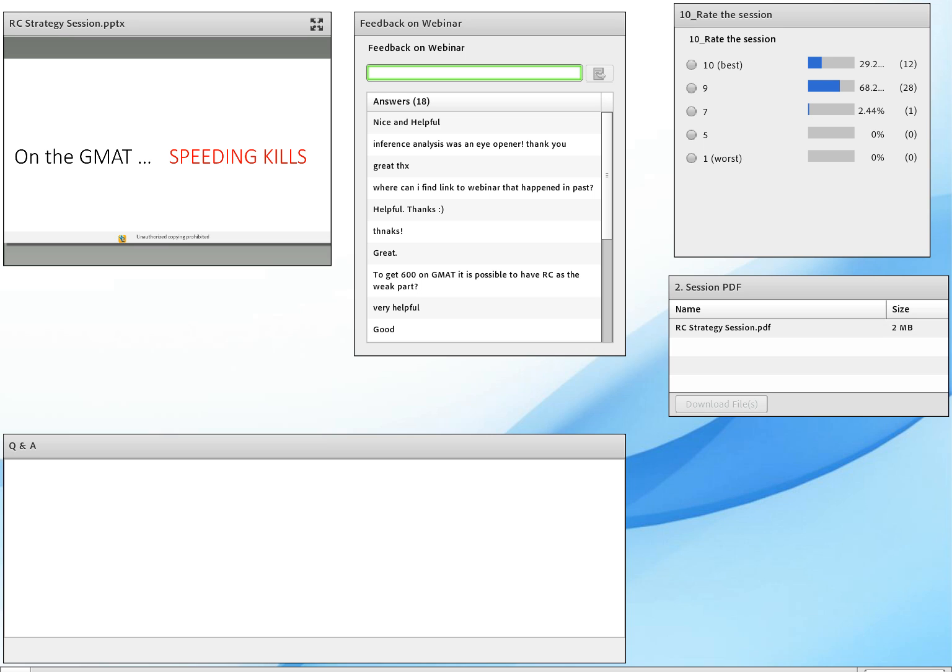Okay, I got a score of 620, 5 years back, V28, Q48. Now I restarted prep 20 days back, and initially without any prep, I wrote a sample test of Veritas Prep and got 540. How can I reach 720? I would say, first of all, I don't trust any other mock test, but given that your quant seems to be really low, though 5 years back your quant was high,